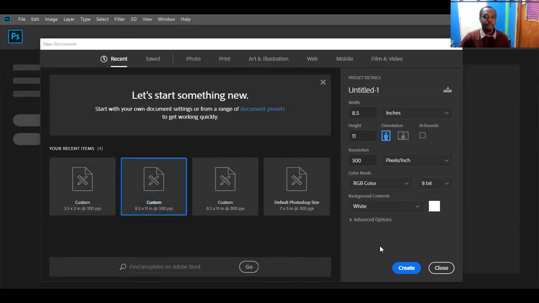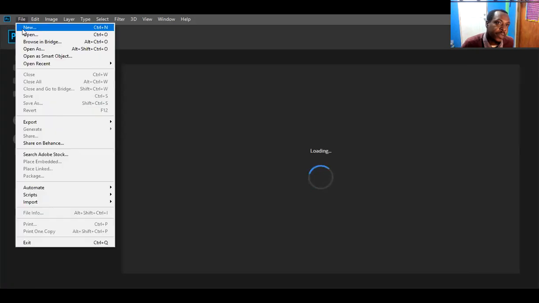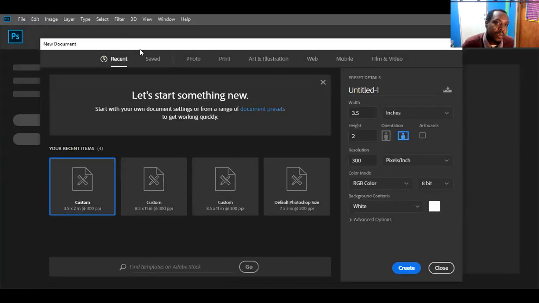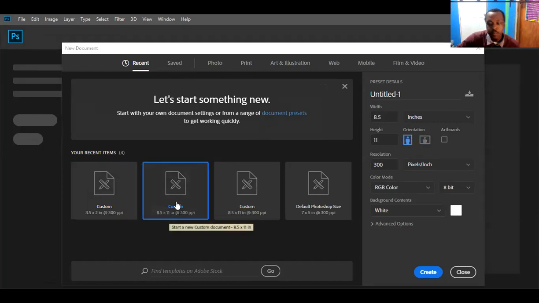Okay, so to create a new document in Photoshop, click on my file menu and I click on new. Right, and I'm faced with the new document dialog. And for most of the documents I will be working with that are not size specific, we're going to be using 8.5 by 11. Reason being,